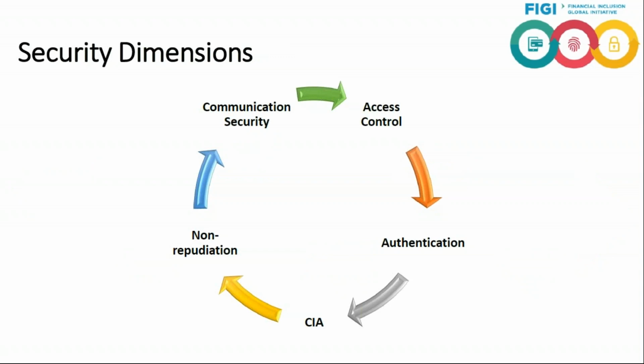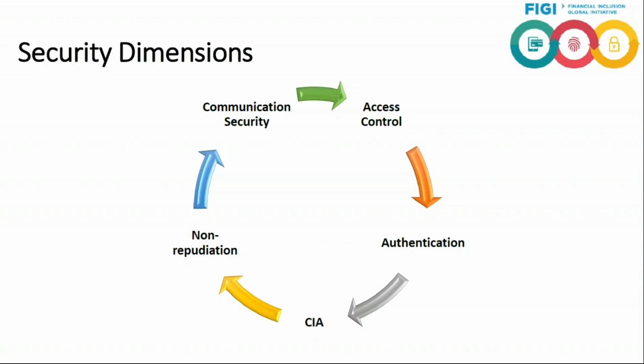These are the security dimensions, and ITU's X.805 is a good starting point to know which security dimensions need to be addressed when you are developing a framework for the DFS providers. You have to give them the guidelines, or you want to ensure that the apps or their DFS systems